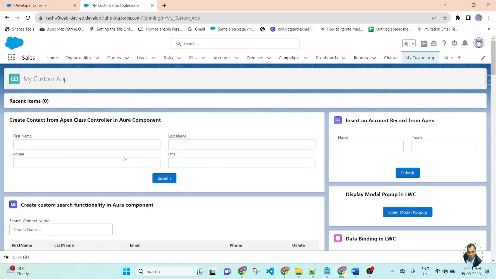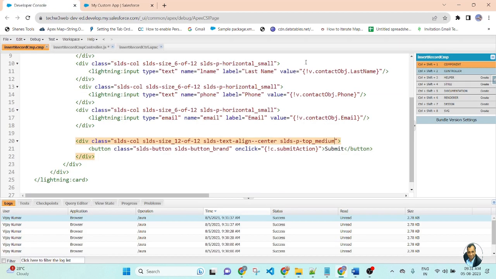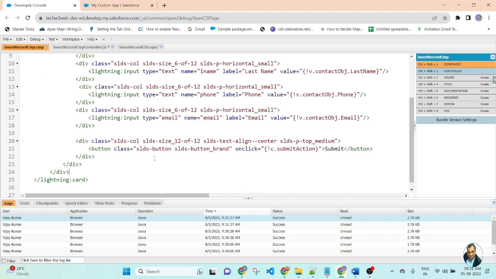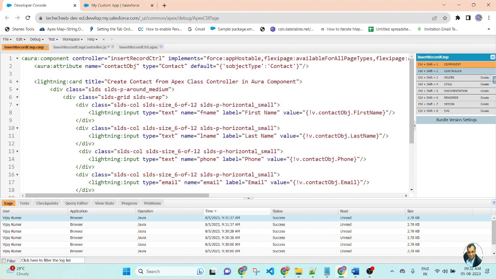Here you can see there is now a space between both input fields. Now whenever the user clicks on the button, I will insert the record. So in the controller I will get the value of the input field. I will use an aura:id here to get the value of the input field. aura:id equal to fname, for the first name.